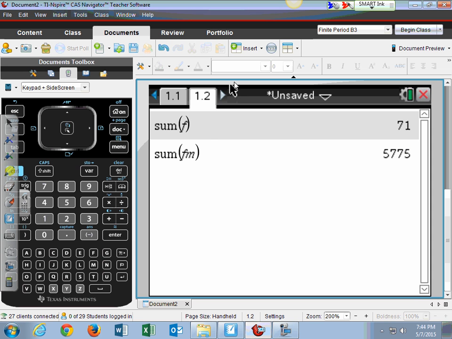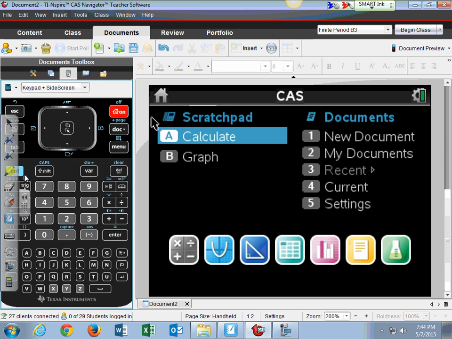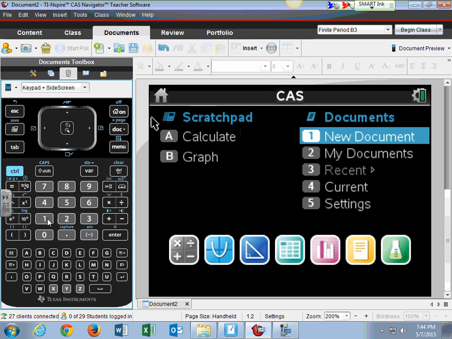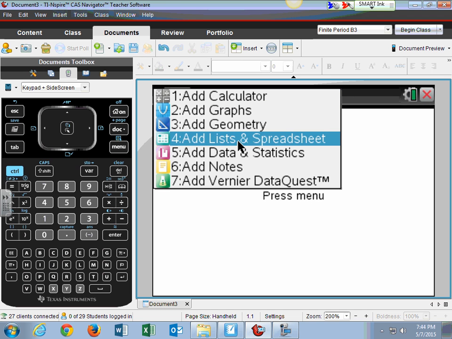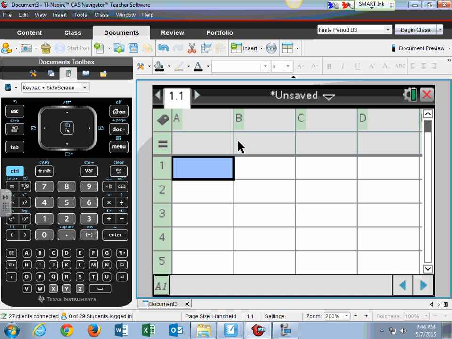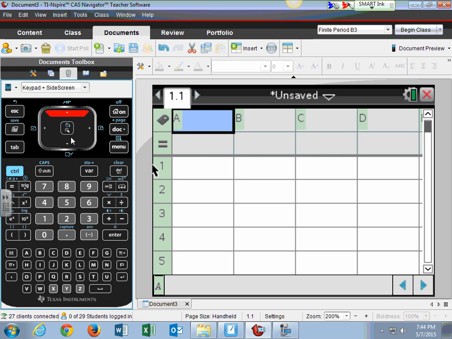So I'm going to go over to my calculator and I'm going to press the home key and I am going to start a new document. I do not want to save it. Remember, we're going to add a lists and spreadsheet. So in this top A cell, I'm going to put, since my midpoint came first, it really doesn't matter, I'm going to put my M there. And I'm going to type in my 12.5,